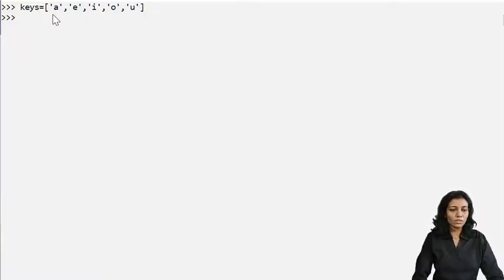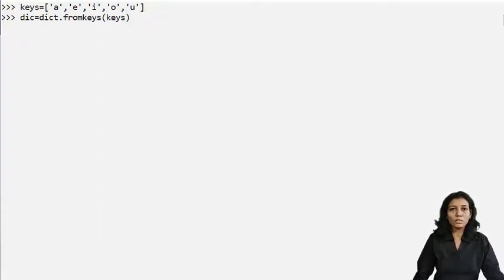Now I'll have a name dict and I'll use dict dot fromkeys, and within that I'll specify keys, which is a list that will become the keys of my new dictionary.